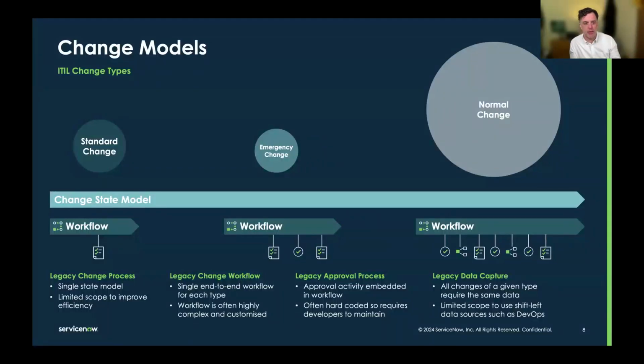It becomes very complex. So what we're trying to do is declutter this big normal change workflow that handles most things so that we can be more specific. And by being more specific, we enable the organization to tailor change, to federate change out to specific teams. That could be a digital product team, or a particular service that could have a way of doing change which is more appropriate to them. So I'm going to go on to some more planets.